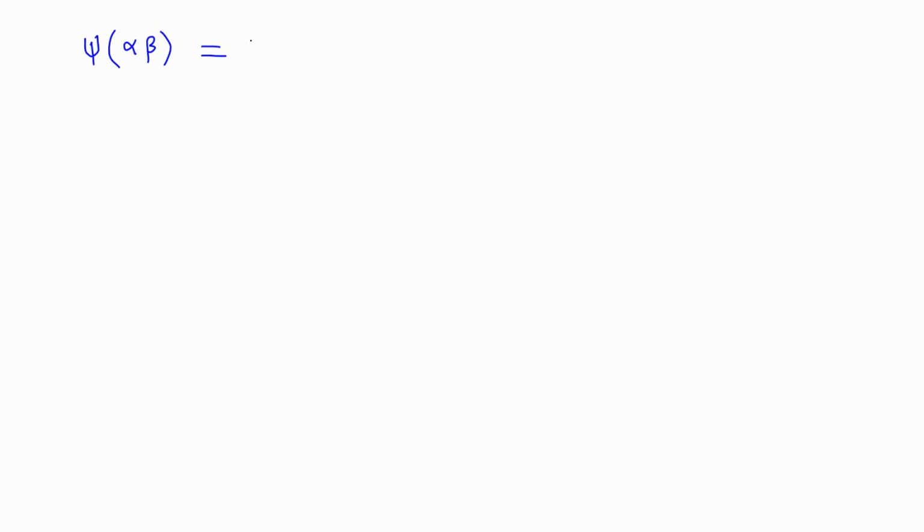Well, I want it to be psi of alpha beta equal to psi alpha psi beta in kG op. So let's just check it on the basis elements. Let's take alpha to be the special element 1_g and beta to be the element 1_h, fixing two elements g and h from G. Let's see whether this is at least true on the basis elements.